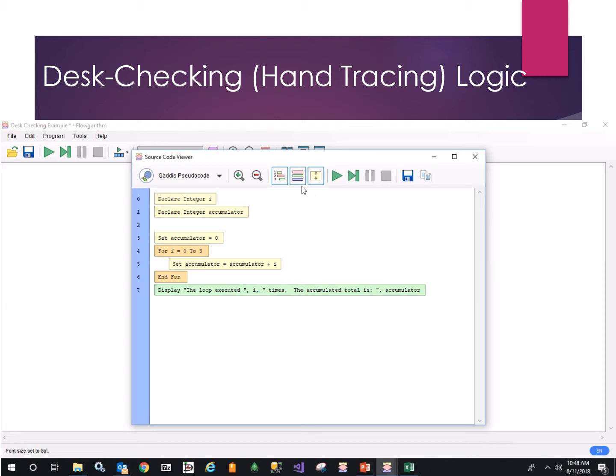All right, so I'm going to take this code, and here's what we're doing, said in a less formal way than the actual code. Declare the integer I, declare integer accumulator, set the accumulator to 0, for I equals 0 to 3. So pretty close to code, but not quite formal code statements. Set accumulator equals accumulator plus 1 in the for loop, and then display the following. Okay, so I'm going to take this pseudocode and copy it,